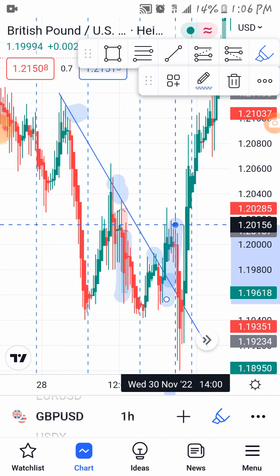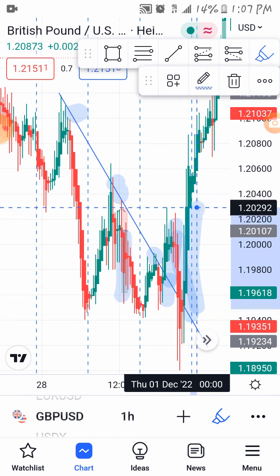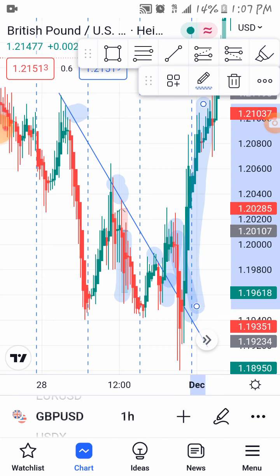Now for a break and retest of a trend line, you always have to wait for the pullback into the trend line to retest it, and then you catch the move all the way to the top. So this is a very sumptuous buy setup here,